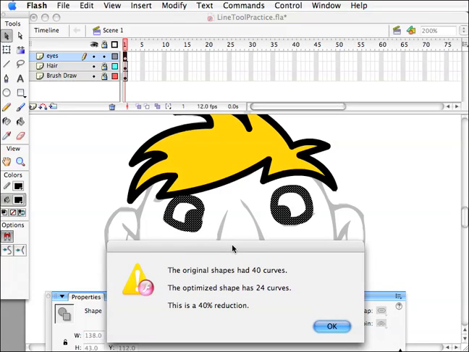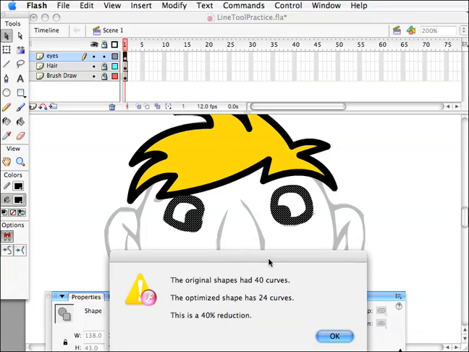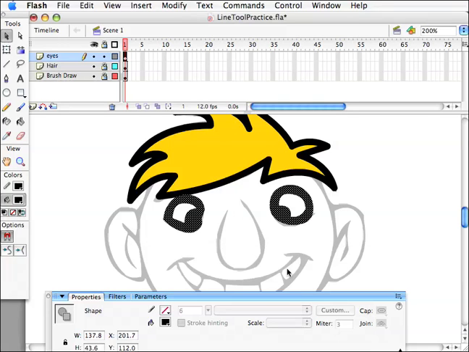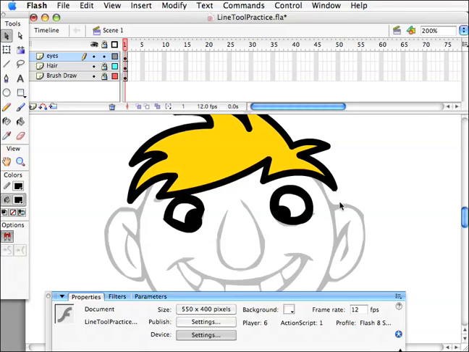Now this is quite important. If you're going to make cartoons to go on the internet, you might be optimizing many of your shapes so that they would download quicker and the performance would be quicker. But I'm using this technique to optimize and give my figure a more cartoony sort of look. Let's just deselect. Okay, so you can see it's kind of almost sharpened, but it's distorted the shapes, and I think it looks a bit more cartoony. So I'm going to lock this layer